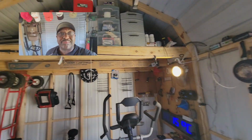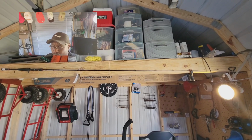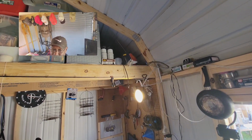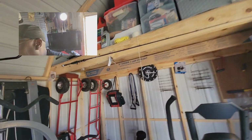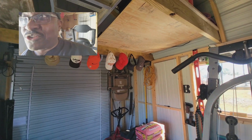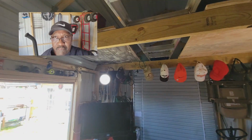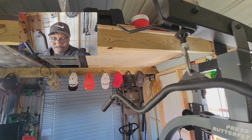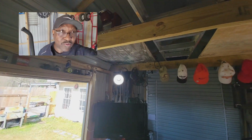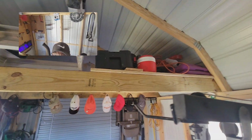It came with an overhead loft. You see I got a couple of shelves up there. I got random stuff. We got tables. We got a gas can, my Superman radio. Got a few things. Well, this one only came with one loft. Well, of course, you never get enough storage. When you buy something, you never buy it big enough. So I actually added my own loft. I bought a half a sheet of plywood. I've already had a half a sheet. I think that's 3/4 plywood. I put them up here. I put a split up here, put the ladder in the middle,